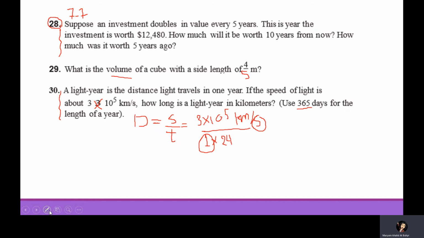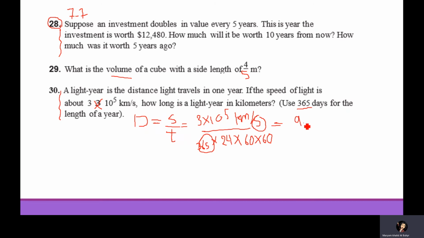So that will be, let me erase the 1. So you know why I changed this one. Instead of 1, I'm going to write 365. So that is 365 times 24, which means there are 24 hours in a day. Then in each hour, there are 60 minutes. In each minute, there are 60 seconds. So once you divide all these quantities, you are going to get